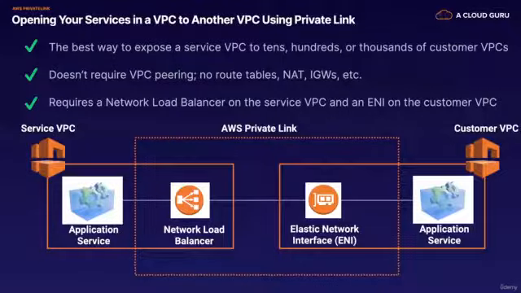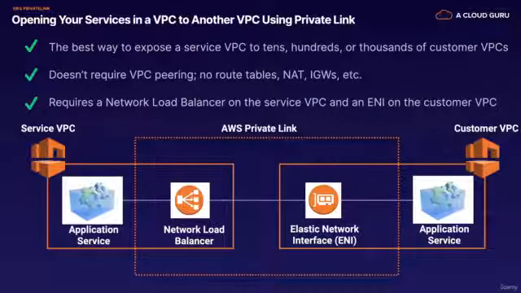So Amazon invented Private Link, and this essentially allows you to open your services in a VPC to another VPC. This is the best way to expose a service VPC to tens, hundreds, or even thousands of customer VPCs. And it doesn't require VPC peering. There's no route tables, NAT gateways, internet gateways, etc. All it requires is a network load balancer on the service VPC and an elastic network interface